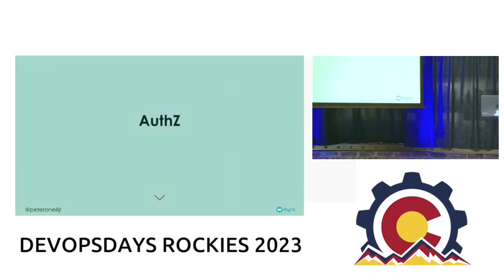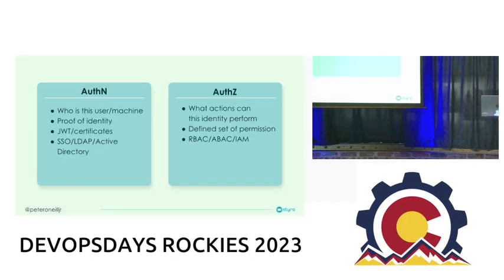And so I think I've said the word authorization a couple times, also known as auth-z, and I want to do a quick explanation here. Auth-n versus auth-z, right? Auth-n, authentication, right? Who a user is, what machine it is, right? Just identifying what that object is, right? That might be JWT tokens, SSO, but really having that identification piece, which is one component or one attribute of